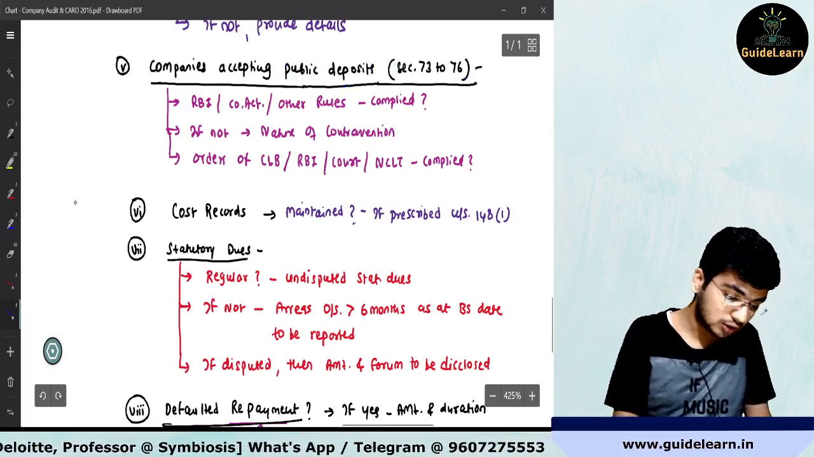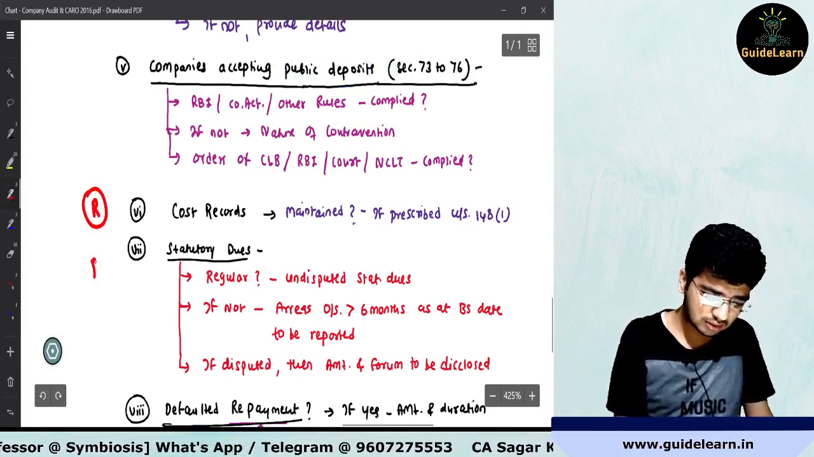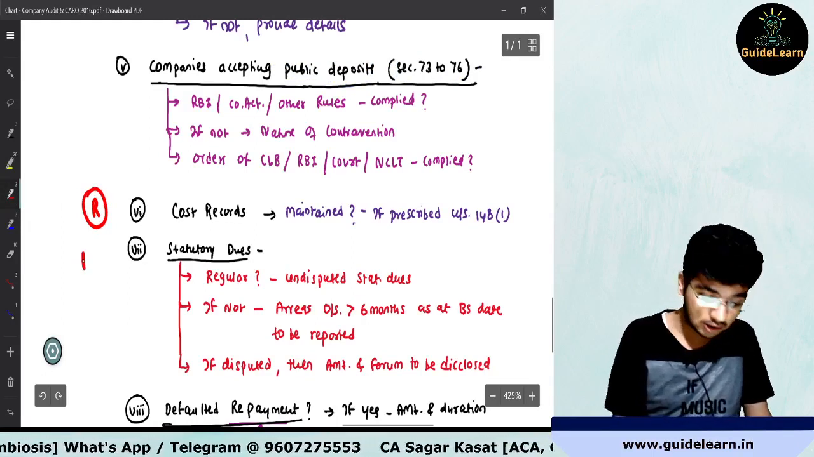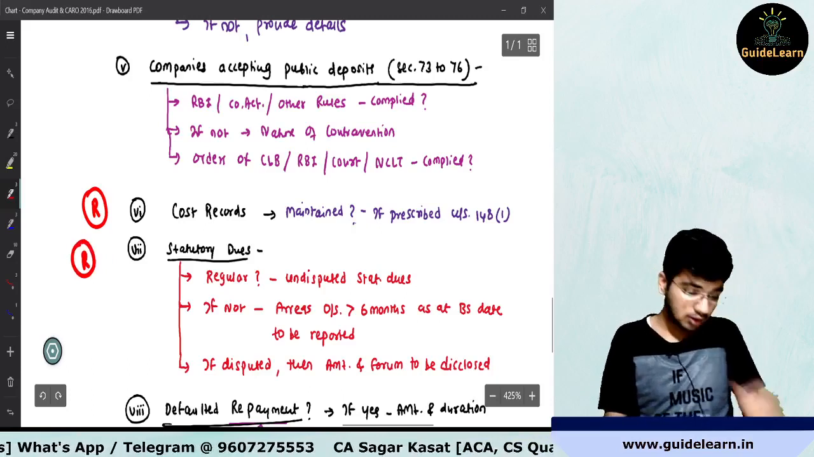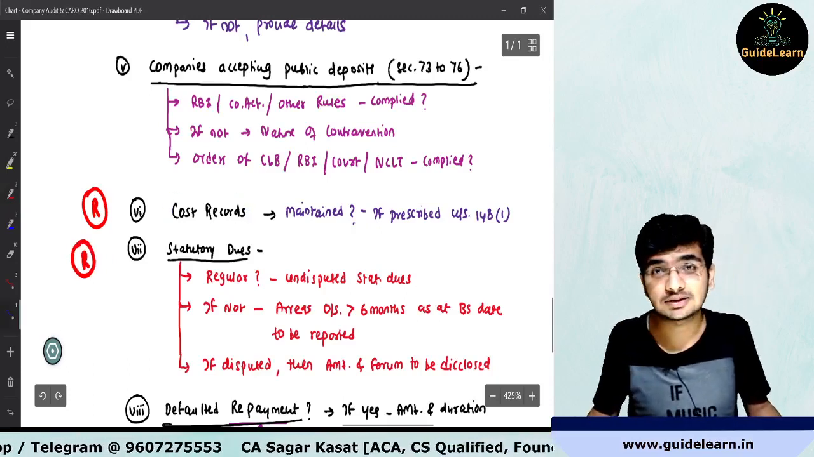Next important clause, clause number 6, and very easy clause basically. Clause number 6, clause number 7, very important. Clause number 7 is the most important one. Okay, clause number 6, very easy. So whether the company is applicable with the section 148 requirements, that is